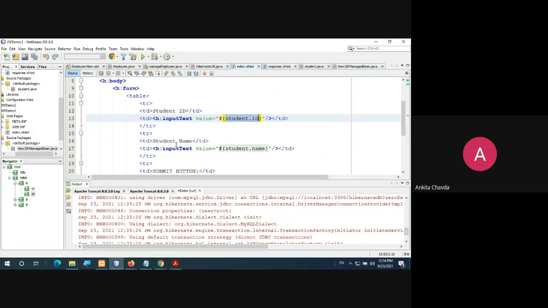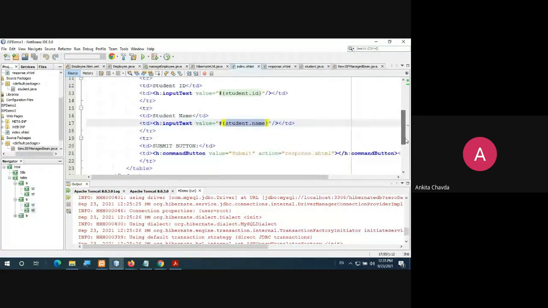In another row, in another column, you have student name. There you give input text value equal to hash student.name. So you have student.id and student.name. These two are associated with the one bean named student. Then you will have one submit button.